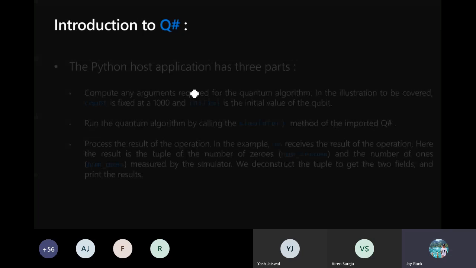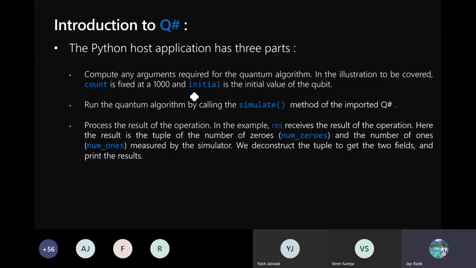The Python host application is again divided into three subsequent parts. In the illustration that we are going to cover, the count value is fixed at 1000, and the initial keyword is the initial value of the qubit that we are passing.